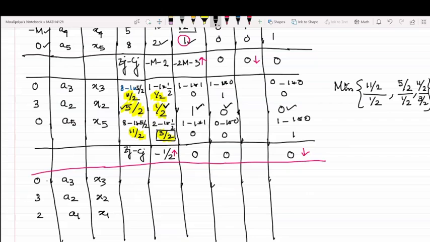So how do the elements of row 3 change? All the elements need to be divided by 3/2. So this is 11/3. This is 1. The rest would be 0, 0, 2/3. Right? In order to calculate the revised elements of the first row, this is being used as the multiplier.